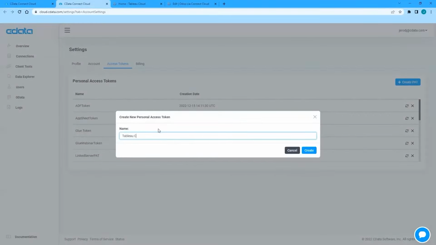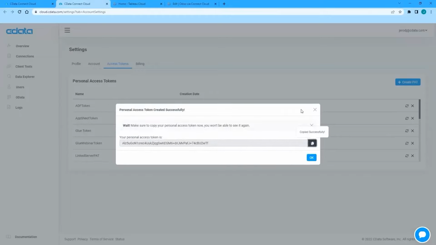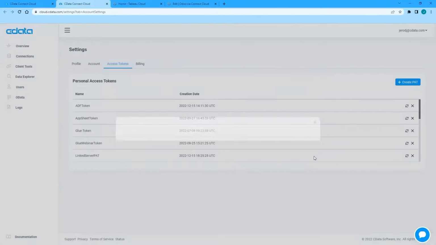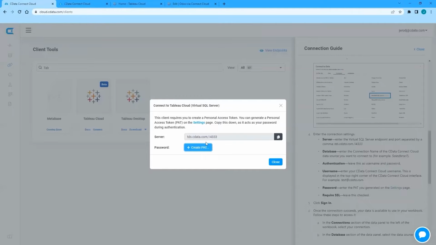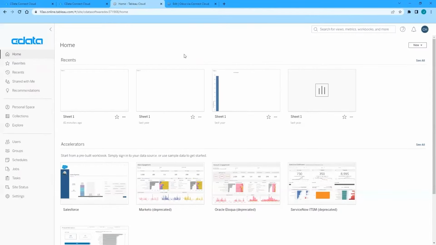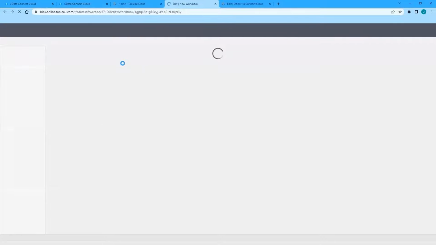So I will create a new PAT. We can copy this. So now that we've copied it, I could store it somewhere securely. Once I've copied it, once I close this window, it's no longer available, just like most access tokens, API tokens, and things of that nature. I now have the information that I need. I know the server address, the port, I know my username, I've created my PAT. So I can go into Tableau Cloud and create a new connection. So I would go New, Workbook,